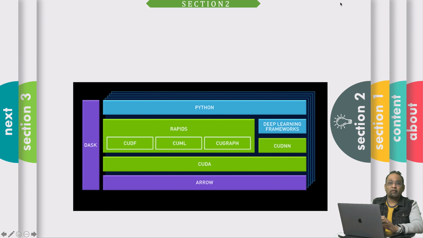Next is cuGraph, which is used for graph analytics, and finally there is cuDNN, for implementing neural network use cases on the GPU. In practice, we have to use one or more combinations of these libraries to implement an end-to-end use case, and we will see the same along the line during this demo.